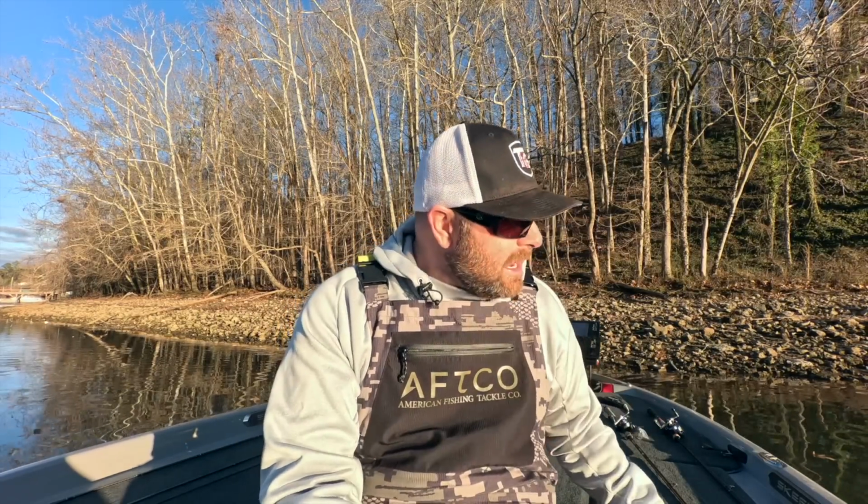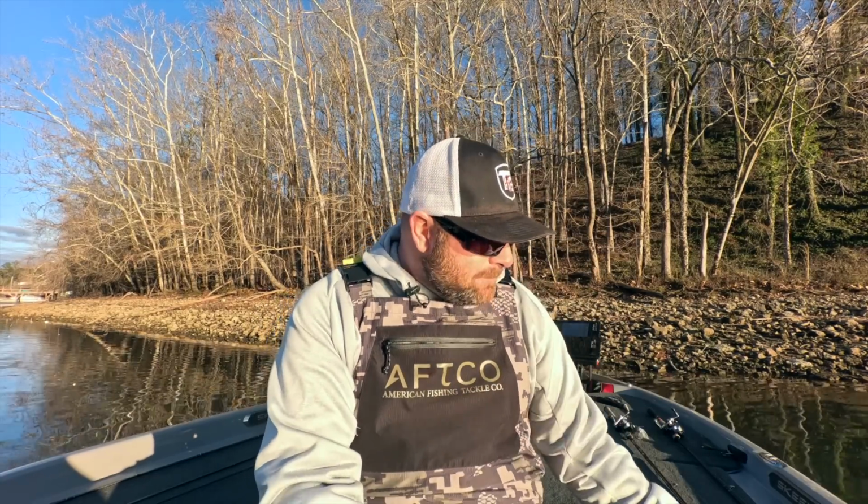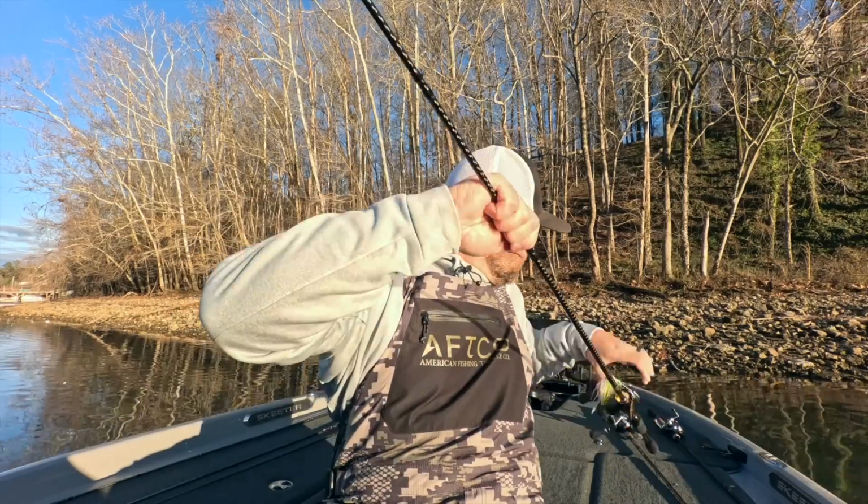So that spinnerbait, you know, I'm throwing it right up there in that current because those fish are sitting there enjoying that warm water. It's bringing nutrients to the fishery. It's bringing food to them. So that spinnerbait is a must, okay? If you're not in that situation,